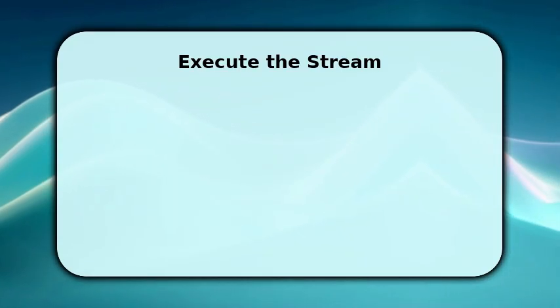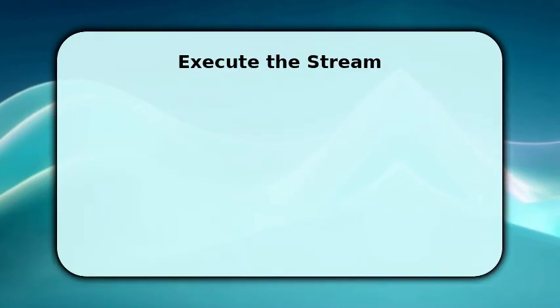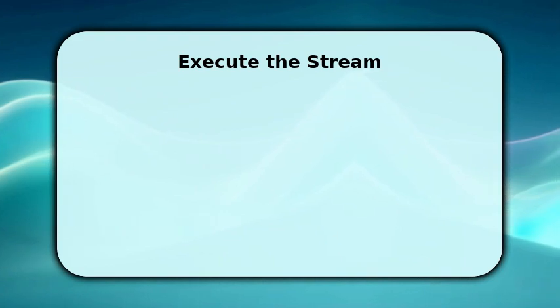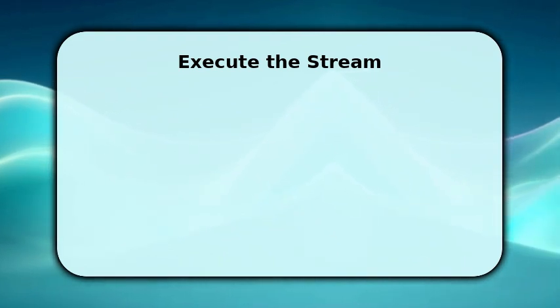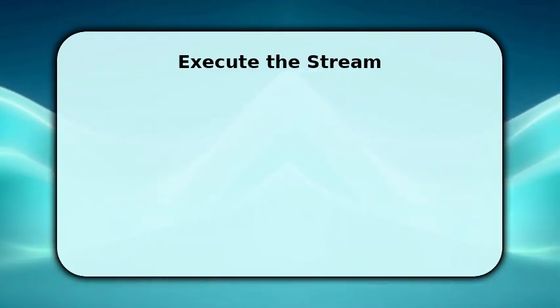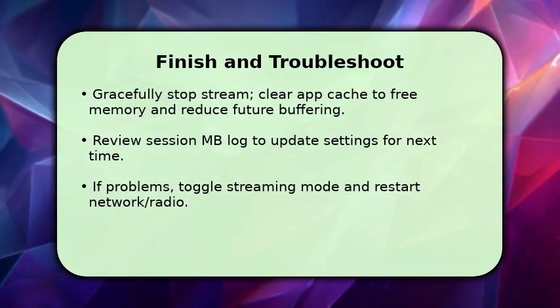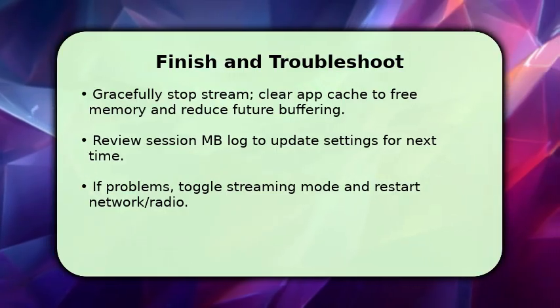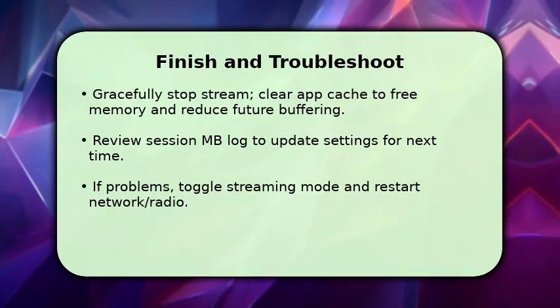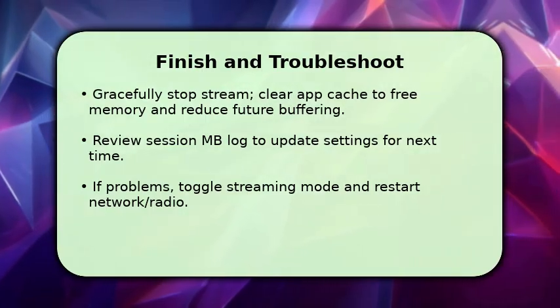Once stable, you can let the stream run while occasionally checking for quality drops or sharp MB increases to intervene quickly. You finish by stopping the stream cleanly to ensure analytics log every second of usage. Then clear the app cache so future sessions don't inherit temporary data. Review the MB log to understand per minute consumption and tweak default quality or buffer size for the next